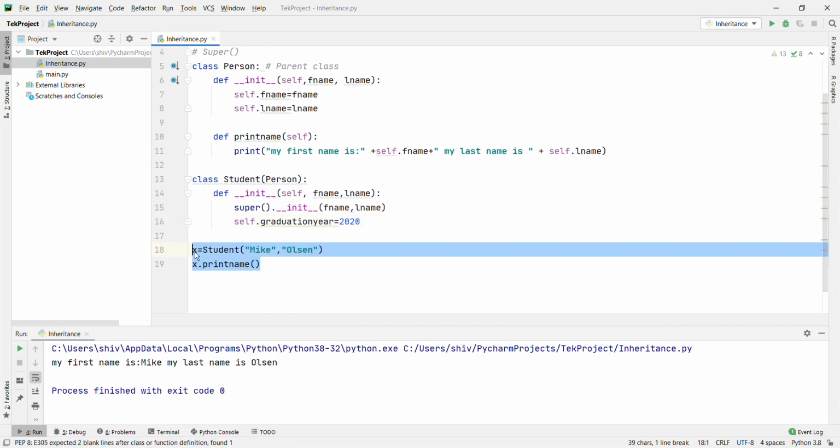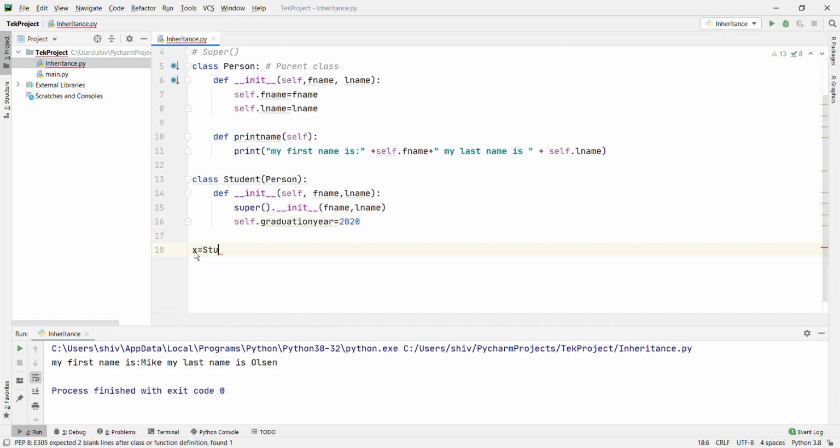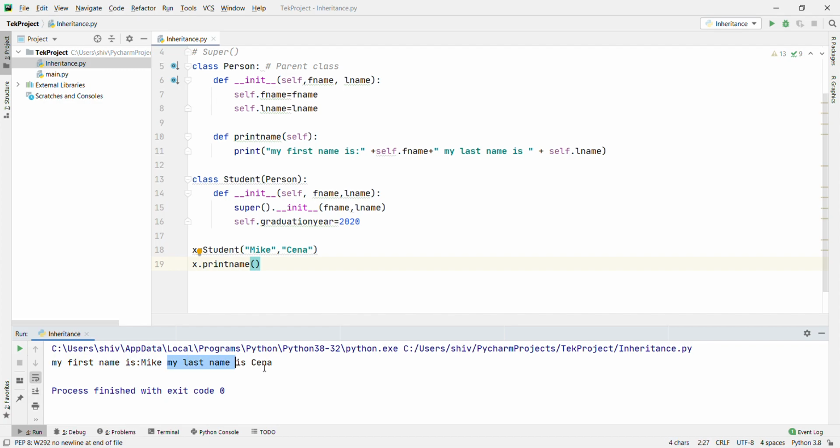Let's create an object of the Student class, and then pass these values Mike, Sheena. Okay, and now I'm going to print this value, print name. Now what will happen? It will print the same: my first name is Mike, my last name is Sheena. Let's run it. Okay, my first name is Mike, my last name is Sheena.